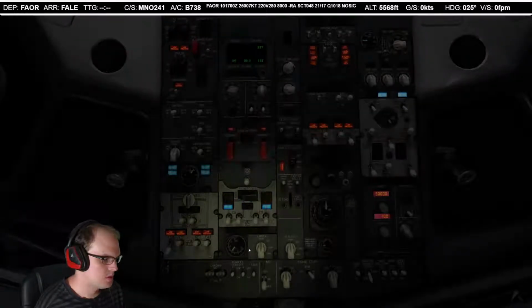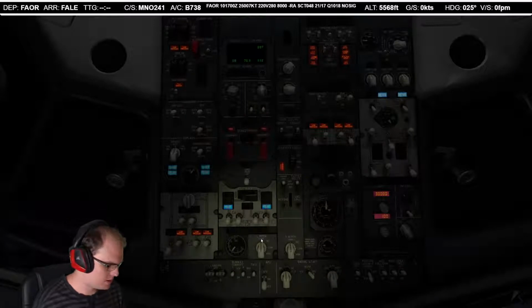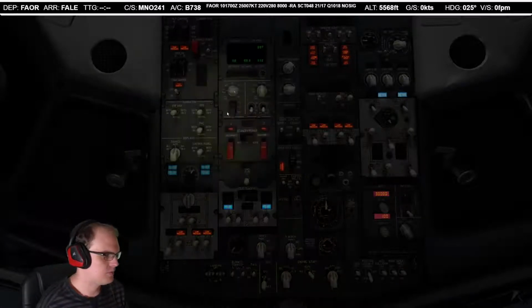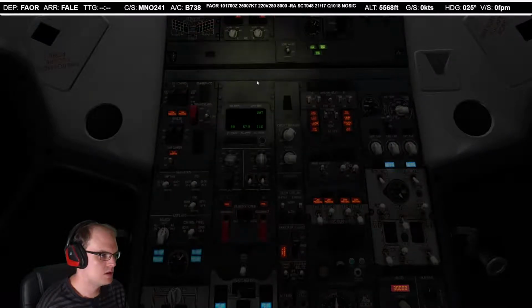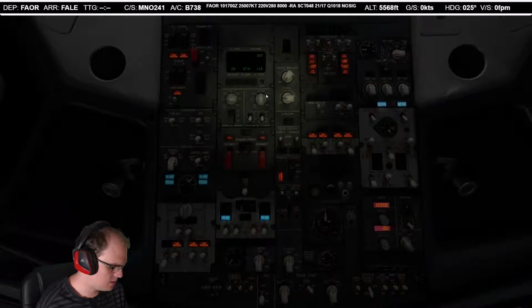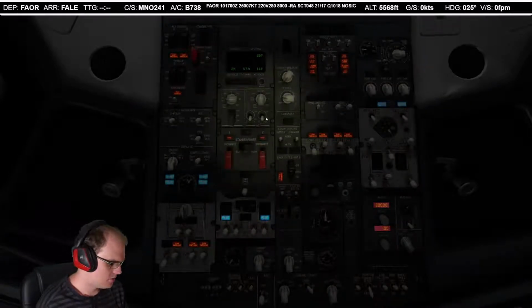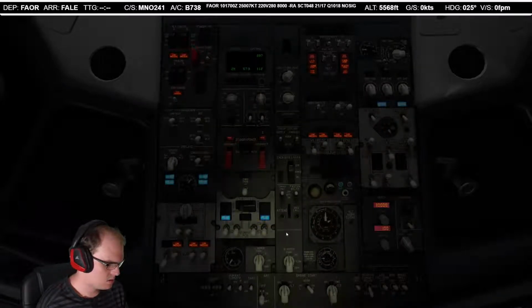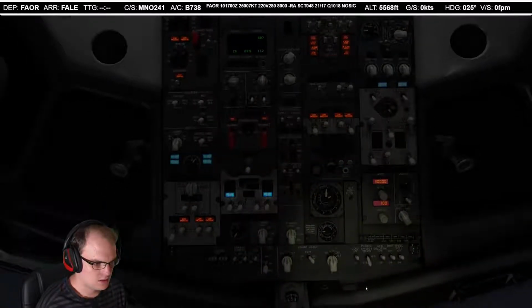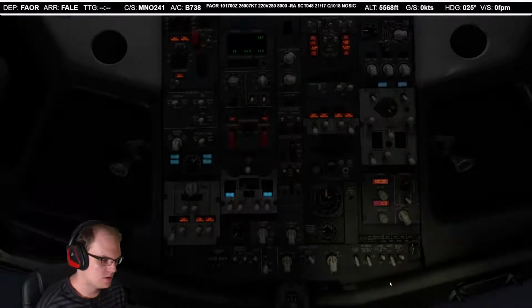So let's put the APU on the buses so that we have power. Then we can set our IRSs left and right to NAV so that that starts aligning. We'll make sure that the cabin and utility power is on, so is the IFE and seat power. Emergency exit lights armed and guarded. Okay, exterior lights, we can turn on the logo light because it's still dark, and the wing lights for...